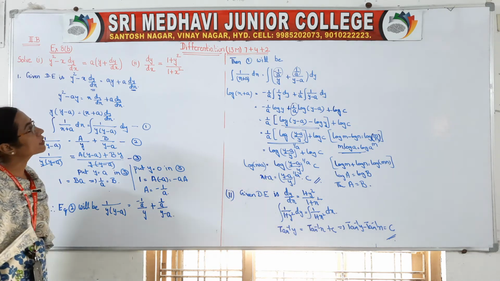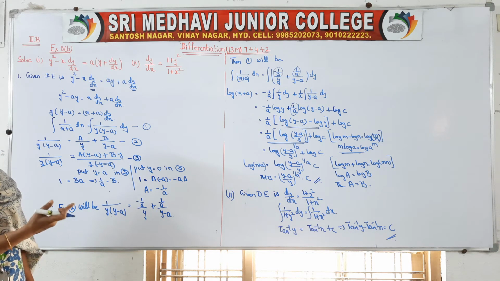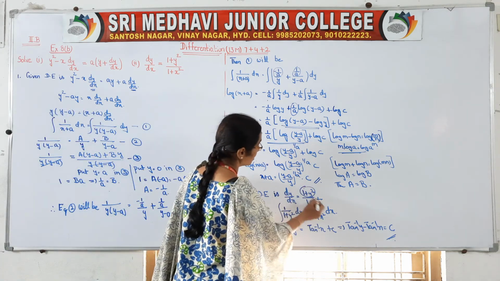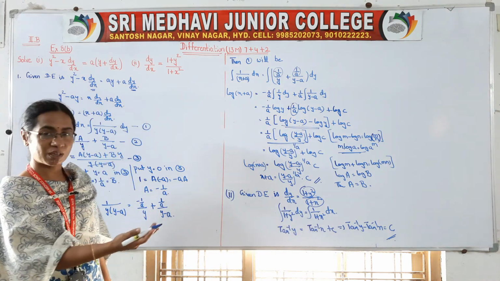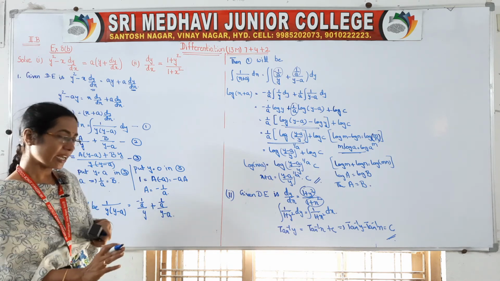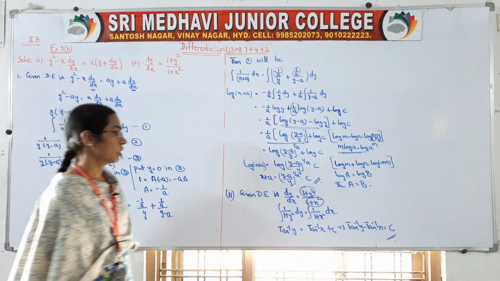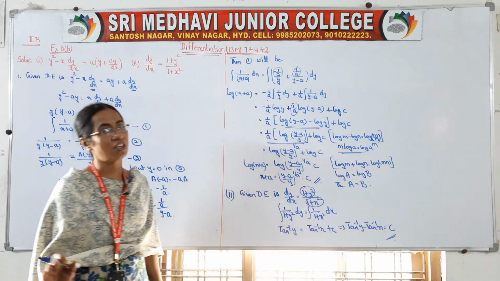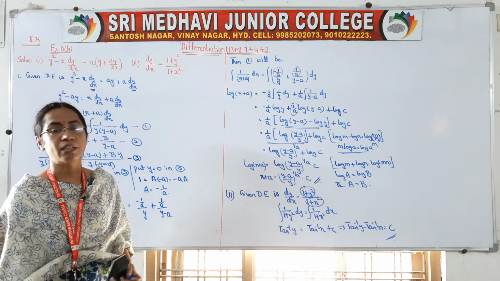Okay. Now come to the second one. It is very simple, right? A 4th class, 3rd class student, just separate and take the integral, they will do it, right? So these are the y terms, these are the x terms. The y term should come along with dy and the x term should come along with dx. Like that we have to rearrange the problem. Once the problem is rearranged, that means the variables are separated, you take the integral on both sides. So the integral of this is tan inverse y, and this is tan inverse x. After the completion of the integral, we have to write the integral constant plus c. That is your answer. Okay.